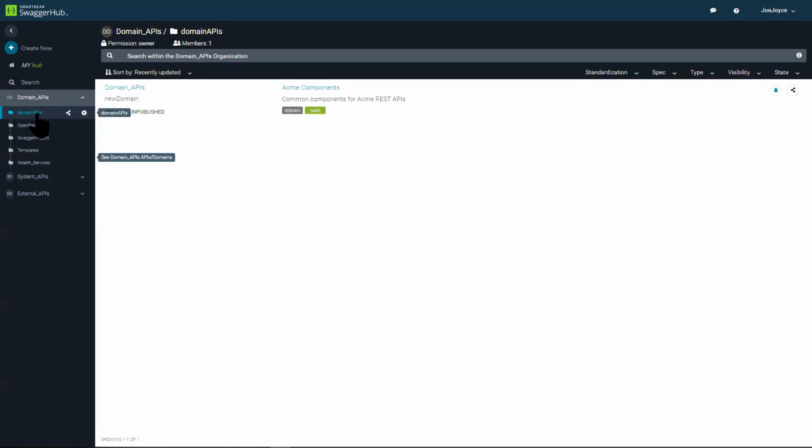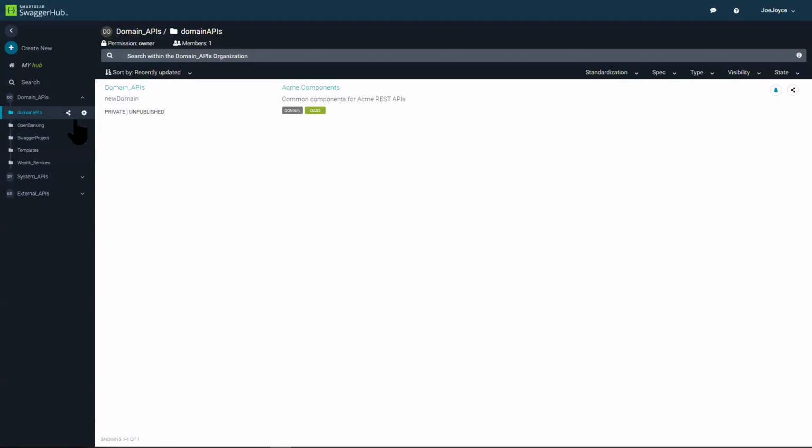And that's one thing that SwaggerHub does very well from a collaboration point of view: you can organize your APIs and your domains together in a logical way that might be related to how they're organized conceptually in the real world or within your organization. And you can build workflows into that as well, so that an API might start in one organization and work will be done here. It might get passed to another and then to another until it's published, until it reaches the end of its life cycle in SwaggerHub. But that's a little bit on how you can organize your API